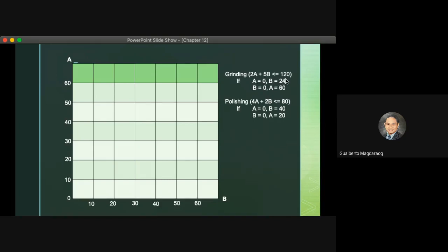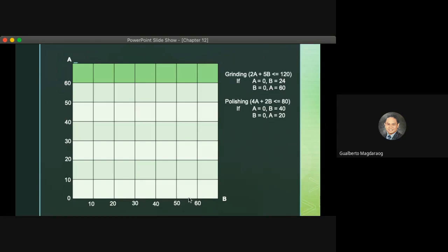That's 120 divided by 5, and 5B divided by 5. Ang matitira na lang is yung B is equal to 24. Okay? So, ganun lang. Papalitan mo lang yung isang variable muna ng 0